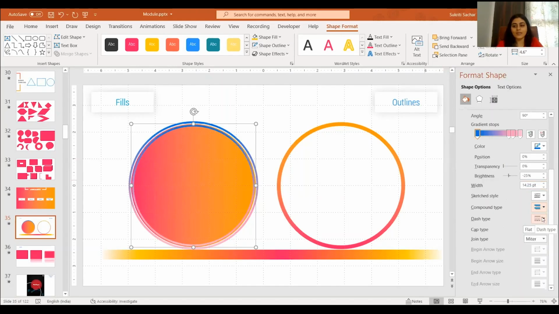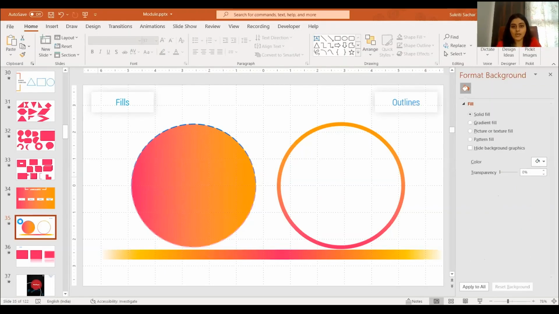You can also make them different dash types. So I'm going to make it thinner back again so you understand what I mean. Dash types could be dots, could be dashes. Of course, it looks different right now because it's a very thick outline. See, now as I'm making it thinner, it becomes closer dashes. So you could work with all these things in outlines, and the outlines work the same way for shapes, fonts,